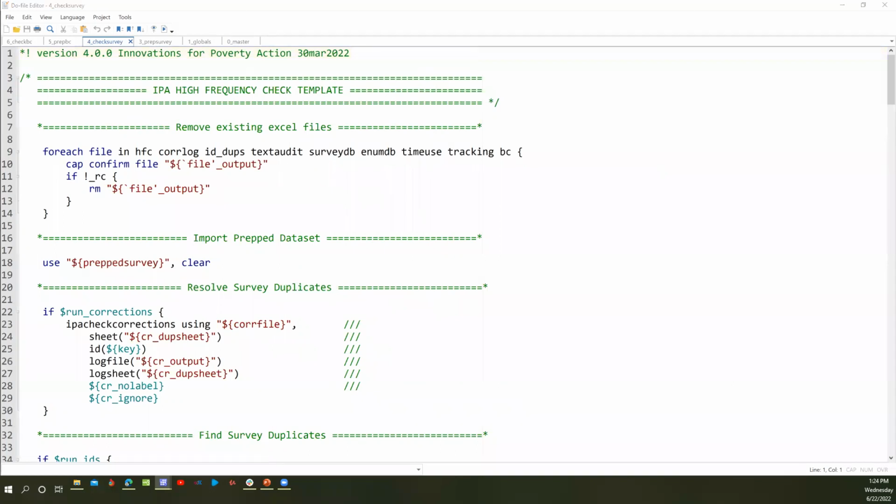Okay, something in the comments. Does the time use code still use text audits, or are there any modifications done to it to use other variables? Yes, so the time use code still uses text audits. It is quite necessary to use the text audit data because that is basically the only way to be sure that the enumerator was administering the survey around the time that is a better estimate.